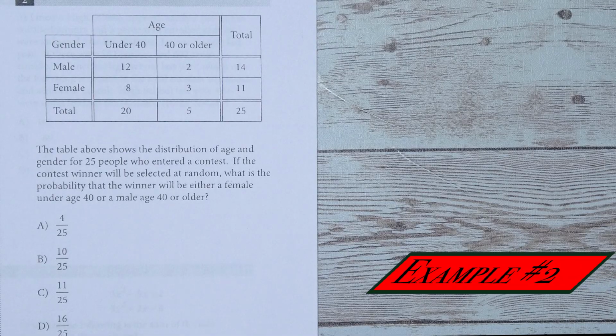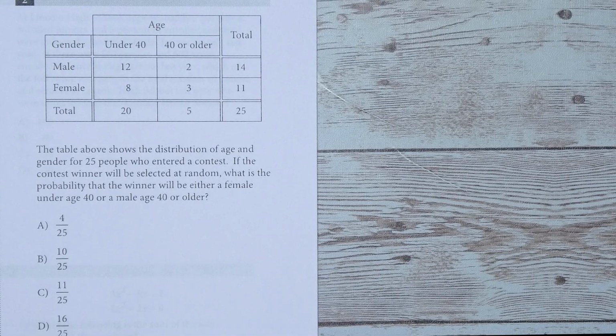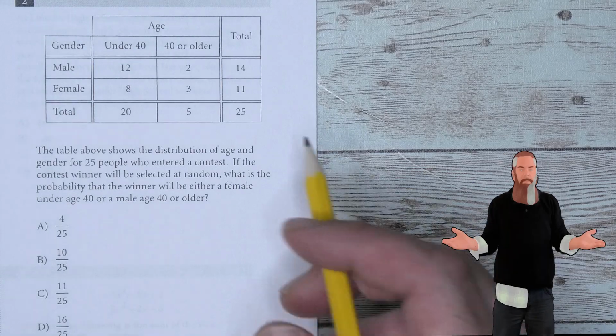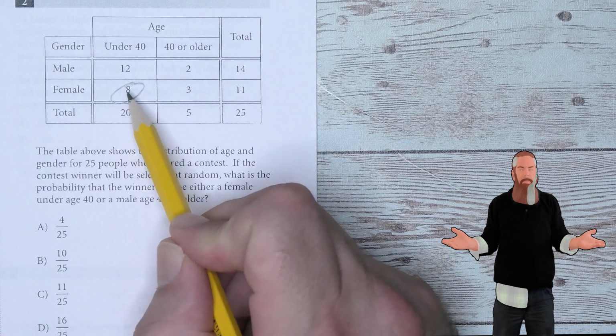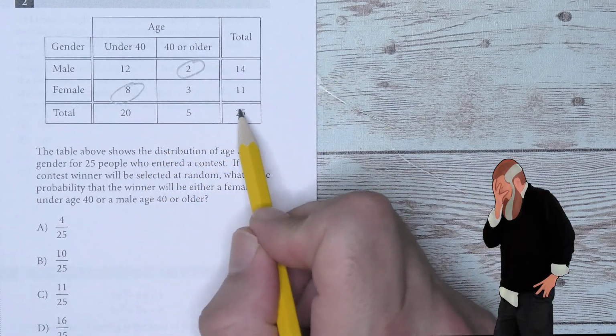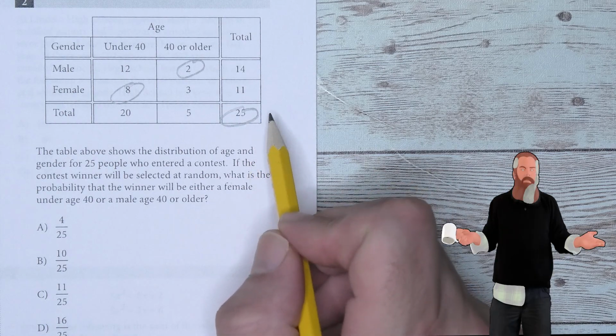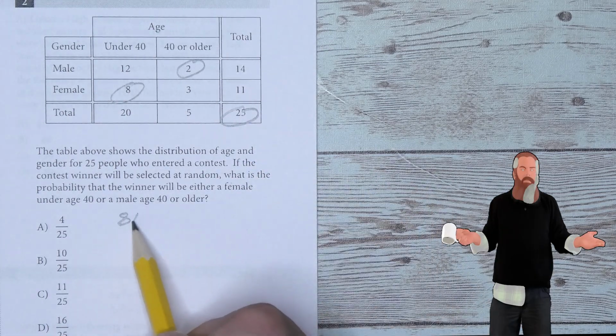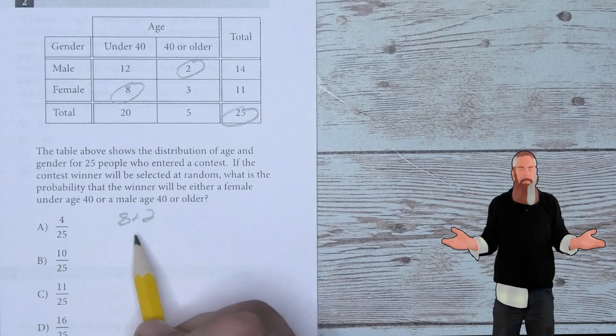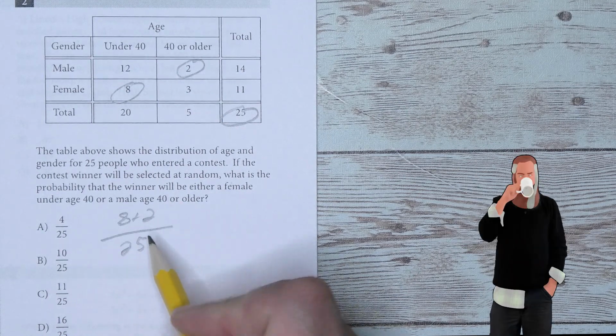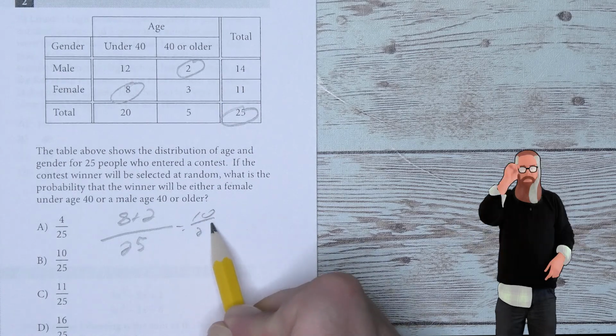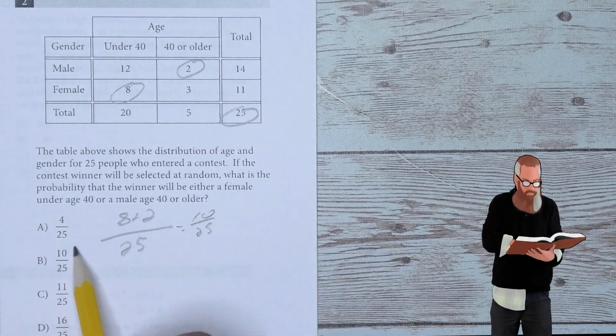The table shows the distribution of age and gender for 25 people who entered a contest. If the contest winner will be selected at random, what is the probability that the winner will be either a female under the age of 40 or a male 40 or older? So females under 40 is 8 and males over 40 is 2, where the total number of people is 25. So we get 8 plus 2, the groups we're interested in, divided by the total number of people. This is going to give us 10 over 25, and I don't even need to simplify it because